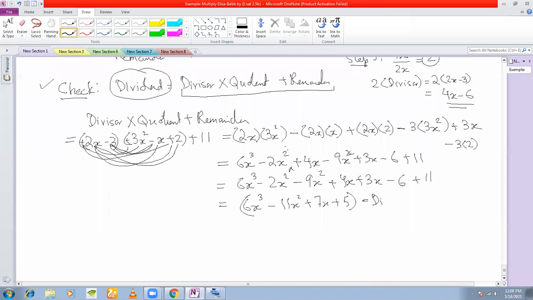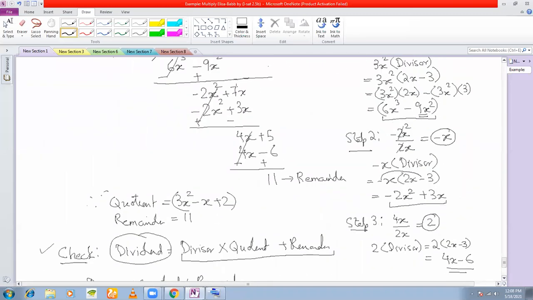So this must be equal to your dividend. Okay. You can carry this out in your fair. You can carry this out in your rough. It does not matter. As long as you have written your quotient and remainder here, it does not matter whether you check or not. Because if you check and you get it right, you get full marks. You don't check and you're getting the wrong answer, you won't get full marks. That's all. Okay, let us see another example from division method.